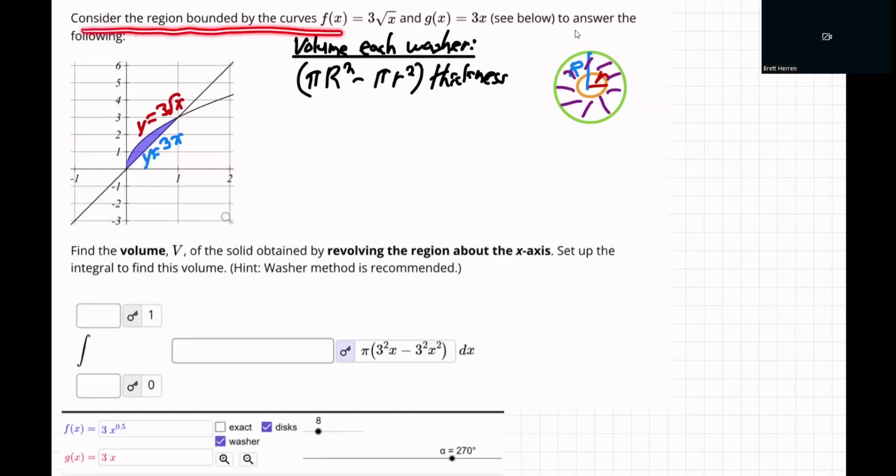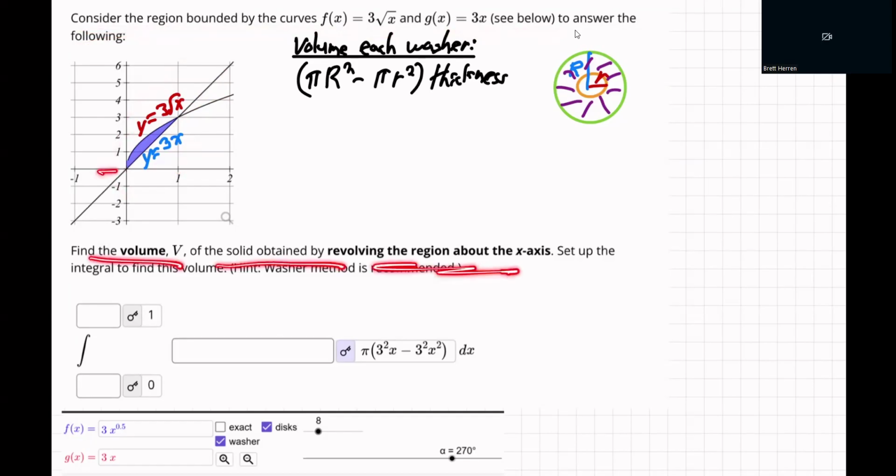Consider the region bounded by the curves f of x equals 3 root x and g of x equals 3x. See below to answer the following. So you can see they got this diagram here. The curved one must be the 3 root x. The straight line, y equals 3x, because x and y are just the first power. No curvature, straight line. Okay, so you want me to find the volume of the solid obtained by revolving the